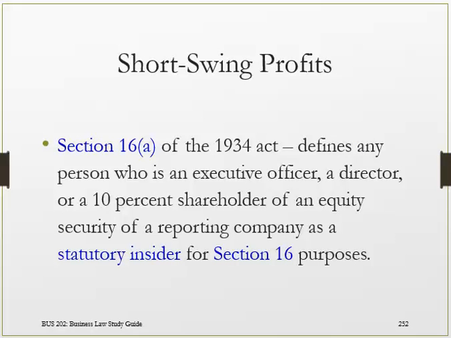A similar rule to insider trading, really a rule that's made to back up the insider trading rule, is Rule 16a, which is the short swing profit rule. The short swing profit rule is something that essentially allows the government to deny somebody profits who may have had insider information, even if it cannot actually be proven that they did. So Rule 16a defines any person who's an executive officer, a director, or 10% shareholder as an insider.